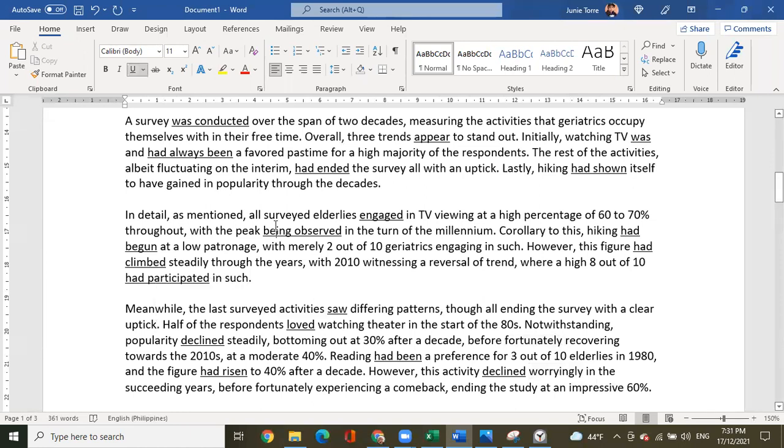And then all surveyed elderlies had begun at low patronage with merely 2 out of 10 geriatrics engaging. There's the adverb, guys. Climbs steadily. Witnessing a reversal of trend. Let's look for more adverbs. Three trends appear to stand out. Initially, watching TV was and always had been a favored pastime. That's an adjective